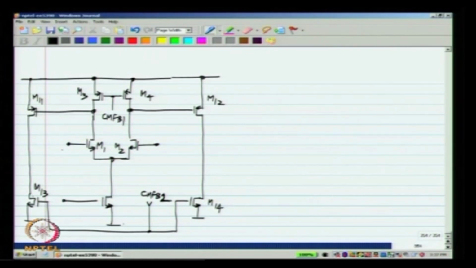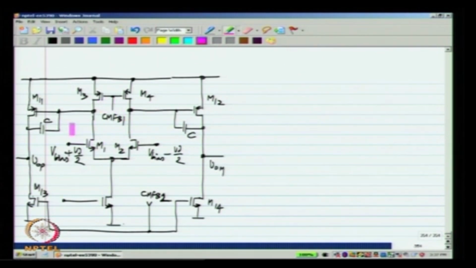This is the fully differential 2-stage op amp showing only the differential picture. And these are the integrating capacitors and these are the outputs VOP and VOM. I will call the outputs of the first stage VOP1 and VOM1. So, we have to pass